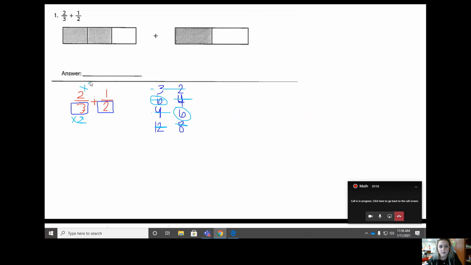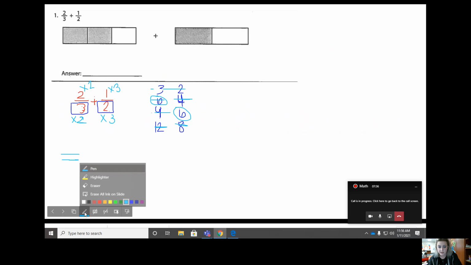All right, here we go. Now let's look at our second one. We have 2, which is 2, 4, 6. So our third one, so 2 times 3 equals 6. And what we do on the bottom, we must do on the top. All right, so let's go ahead and put these fractions into our new fractions,